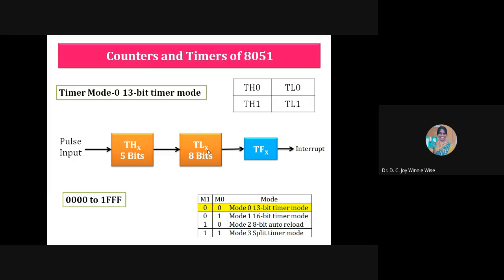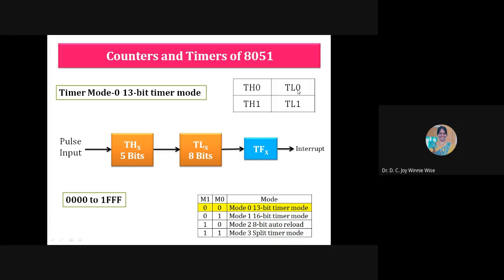So we have binary data 0 and 1. What does X refer to? Yeah, don't care condition, right, Swati? It refers to the don't care condition. That is, it can be either 0 or 1. Since we have two timers, 0 and 1, I have written X here. So this X can be 0 or 1. Okay. So these two combined together, I have taken as TH0, 1. So 0, 1 is X.